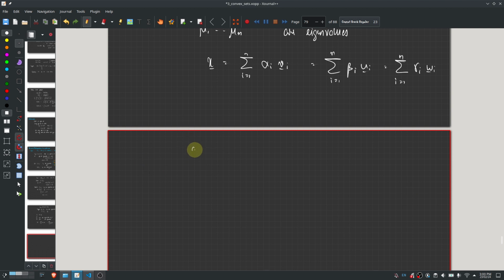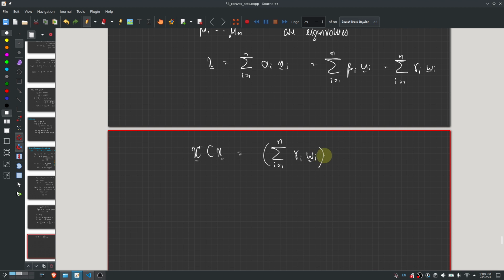So if I take any x transpose Cx, what is this equal to? I can express x in terms of these eigenvalues and eigenvectors. So it is summation I equal to 1 to n gamma I